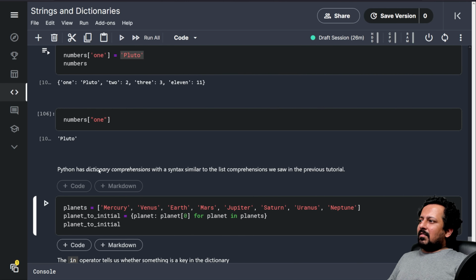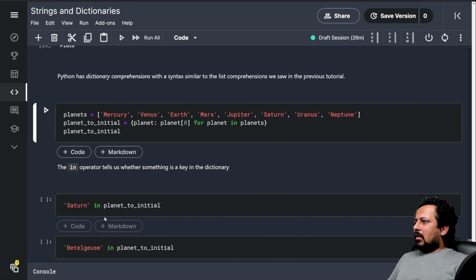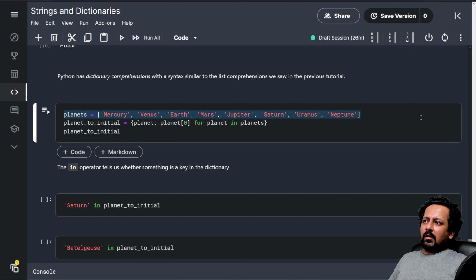So Python has dictionary comprehensions. It's very similar to list comprehensions. Let's say you have a list of planets, and planet to initial. What we are doing here is looping through each and every planet inside the list planets.